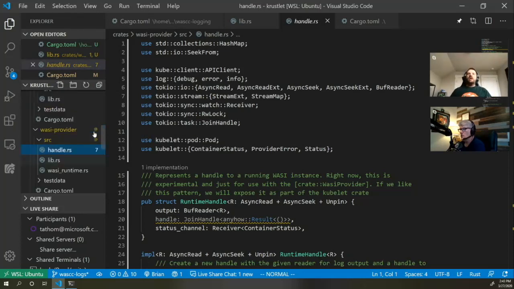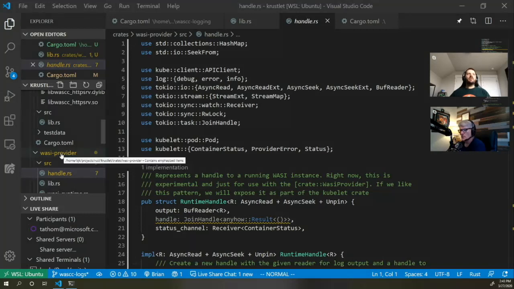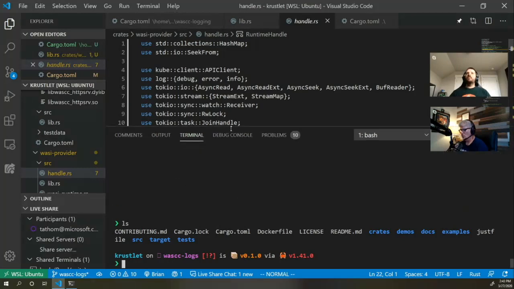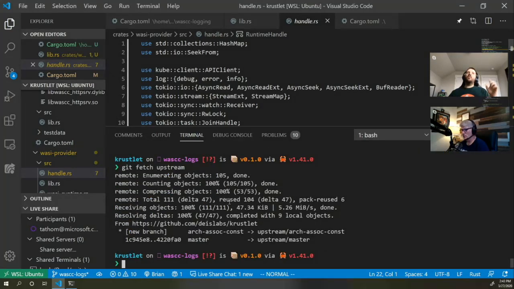Oh, good. The one thing we might want to do before we start is there was a big PR where Ryan, another one of the maintainers on the project, has added a bunch of docs, and he just merged it about 6 minutes ago. So we might want to pull that down and then do the new branch, because he refactored out the crates to be a little bit more sane,